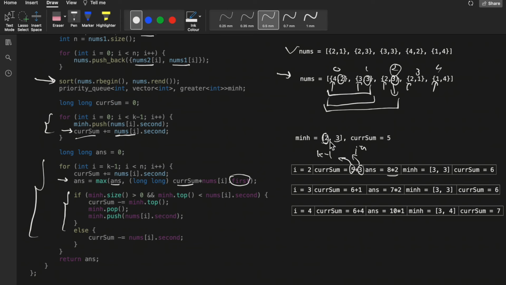We remove this topmost element that was minimum and replace it with this new current element, because that is better than the minimum element. Thus at this point the min heap will have maximum k minus 1 elements of the nums 1, right? And also we change the current sum to 6, that is the sum of elements inside this min heap. So yeah, in the next iteration,